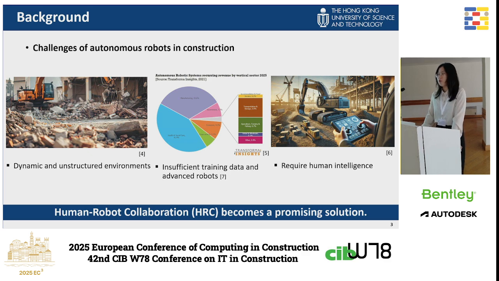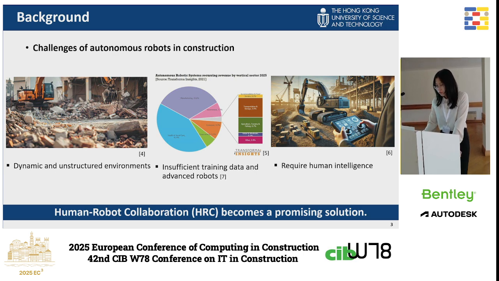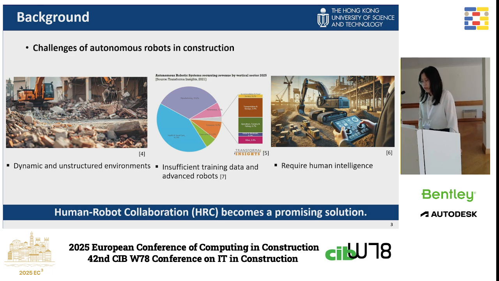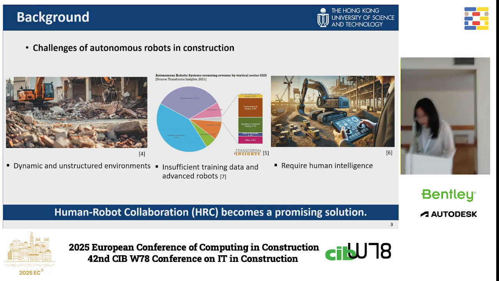However, on-site autonomous robots haven't been widely adopted because construction sites are dynamic and unstructured, so they may contain many unexpected and uncertain situations which limit the ability of autonomous robots. It requires the robot to accurately perceive the unknown environment and also react to it. So autonomous robots that rely on pre-programming face a big challenge. Most construction robots are not advanced enough to perform the task independently. There's also a lack of high quality training data sets for autonomous robots to train and deploy in the construction site.